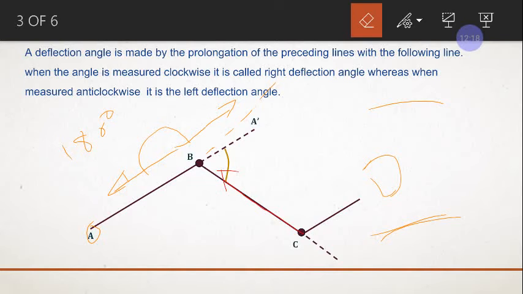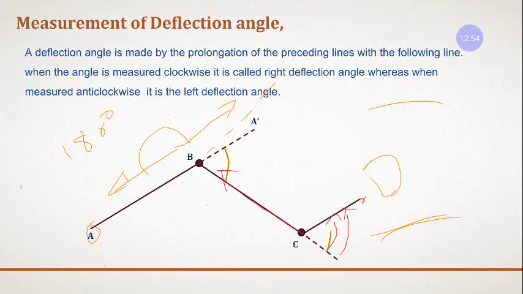Now turn the telescope. Before turning the telescope, you have to again loosen the upper clamp and tighten the lower clamp so that you can get an angle, and then measure the angle in the direction of D and bisect the point D here. Once you bisect the point D, tighten the upper clamp so that the telescope doesn't move and the angle doesn't change. The angle that you observe in the theodolite will be the deflection angle at point C, right? You understood how to do it.